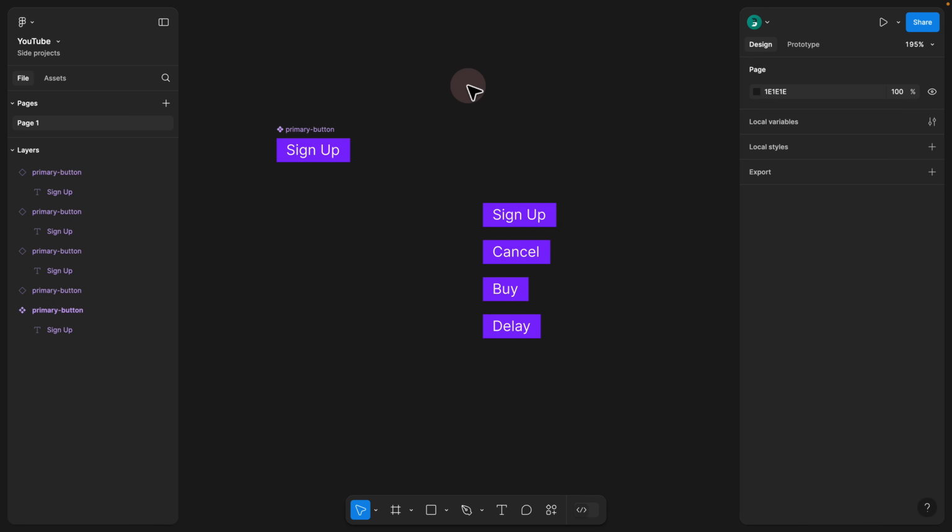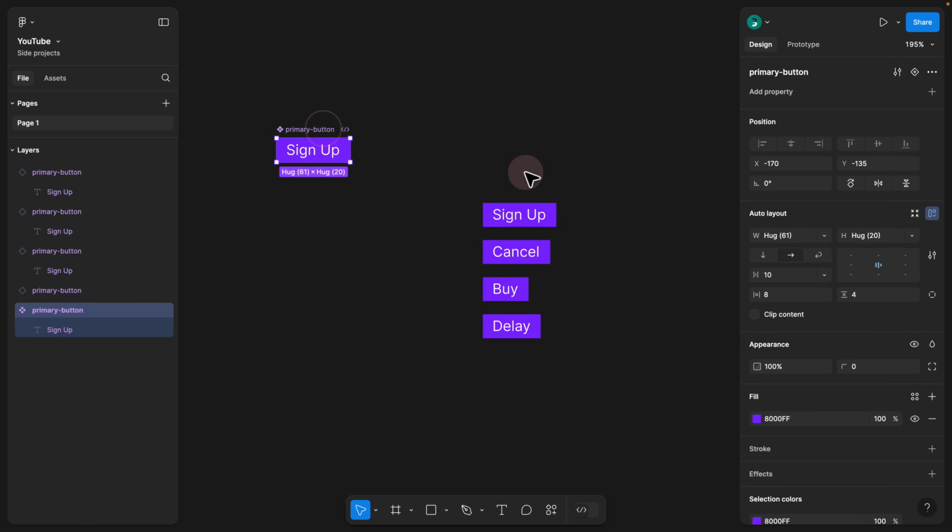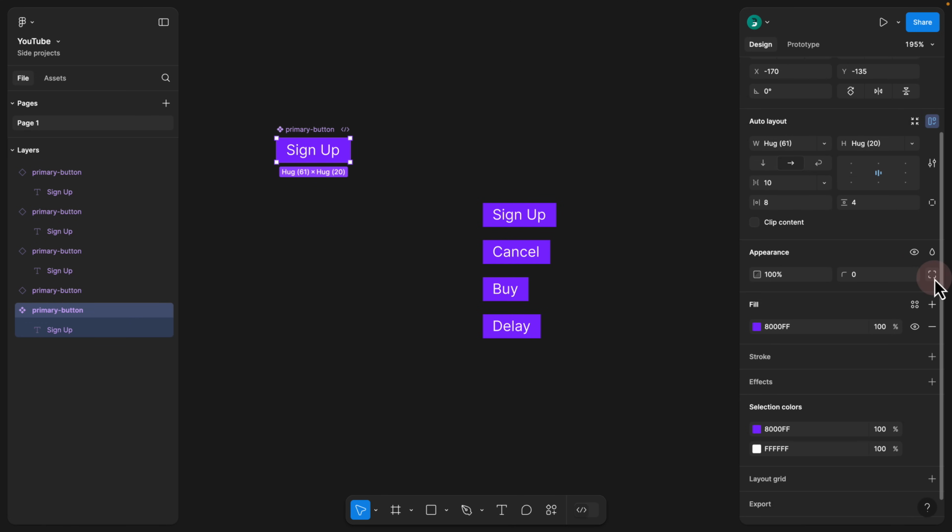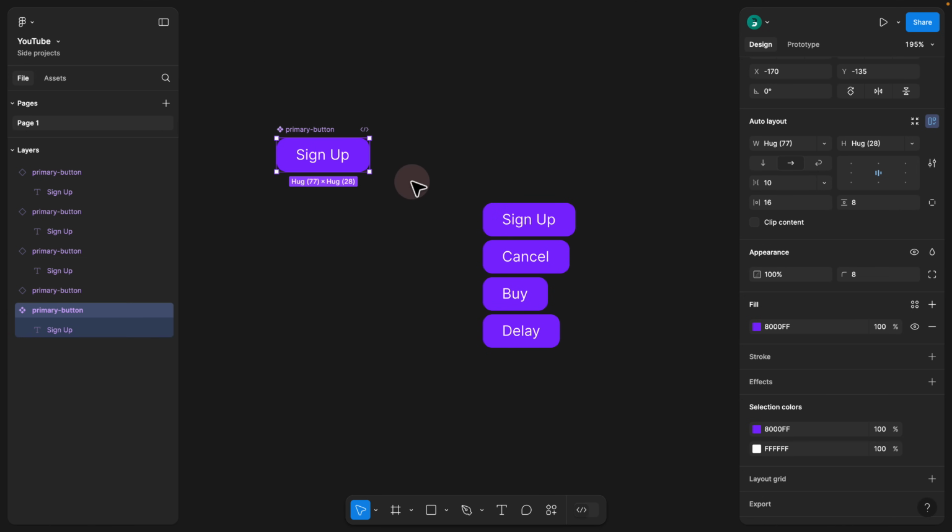Also, if I go back to Figma, for example, if I decide to click and add border radius, in Figma you would add corners by basically going to appearance. Here you see we have this appearance, and I can individually add them corners by clicking on that. However, I do want to give them all individual corners, so here I would just go ahead and select 8 pixels, and I do want to make the paddings a bit larger, so here on the left and right side I would give them 16, top and bottom I would give them 8, so I kind of double the amount